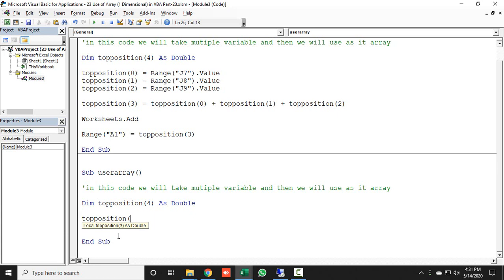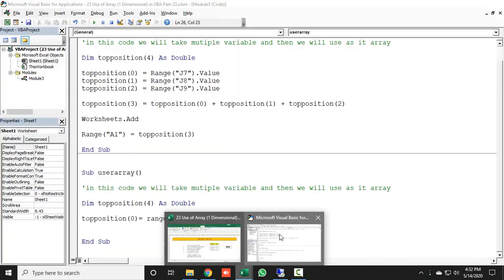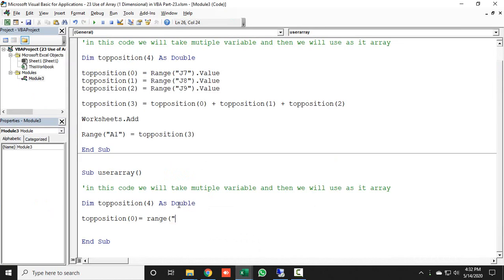So in the first array variable, I will use 0 is equal to the range in which your data is written. The first cells are J7, J8 and J9. So I will put the first cell address, which is J7, and close the bracket, and this would be value.